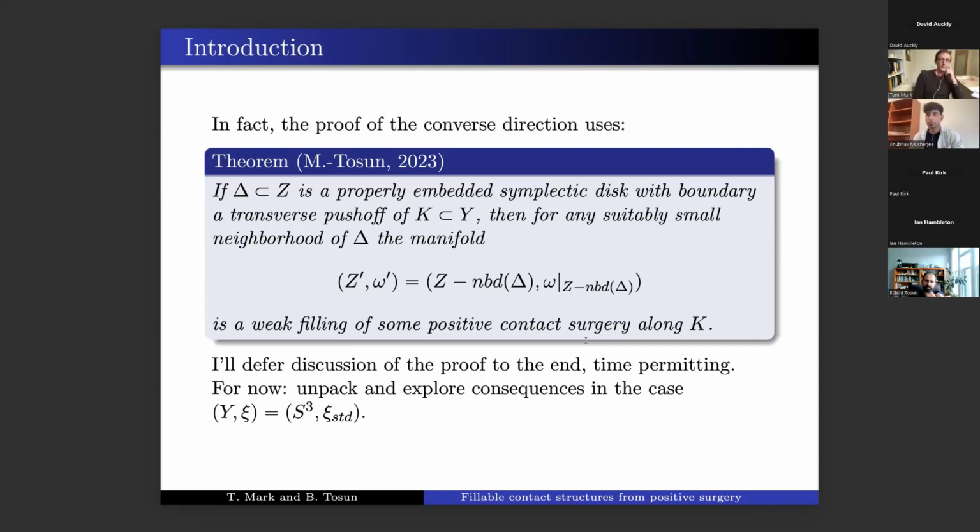So, okay, you know, yeah, I'll ask, in your statement, are you saying that you'll then get all positive